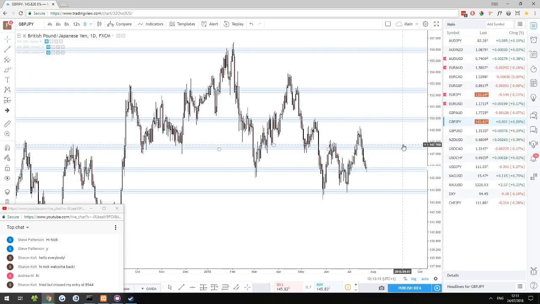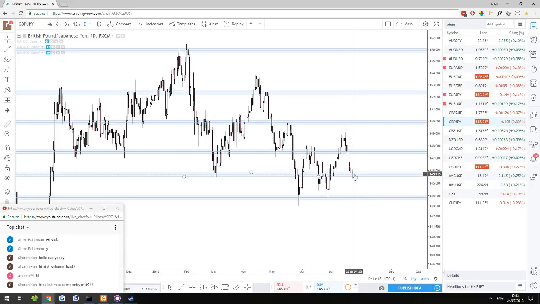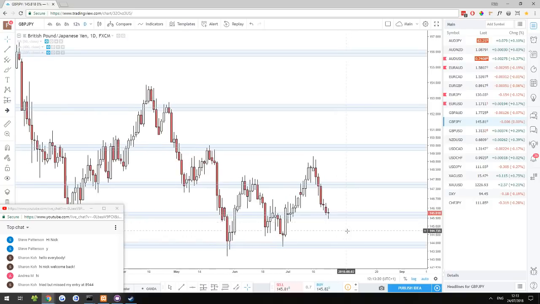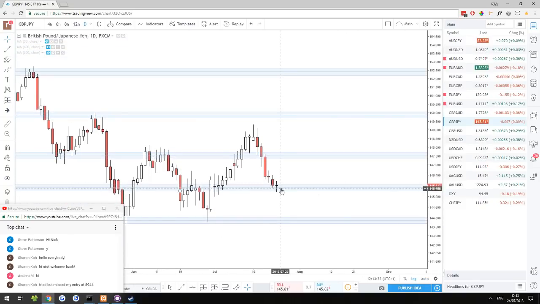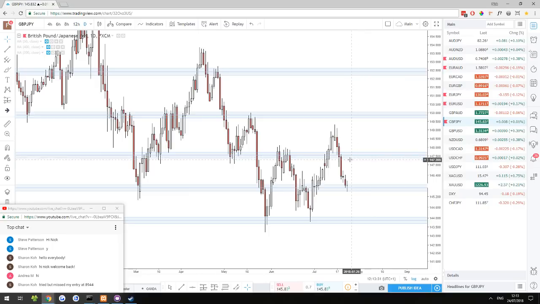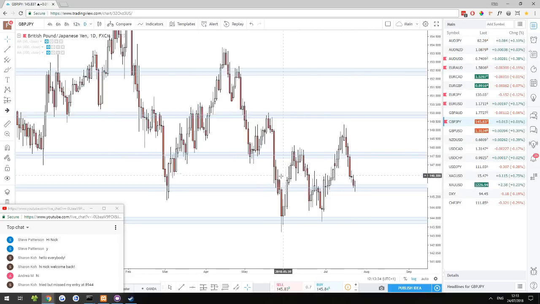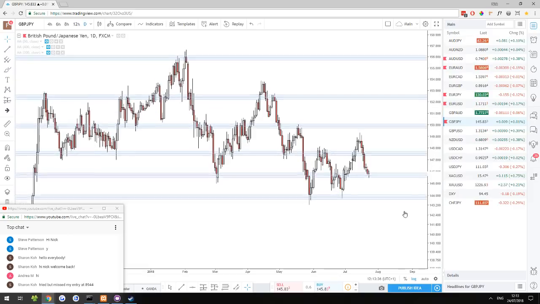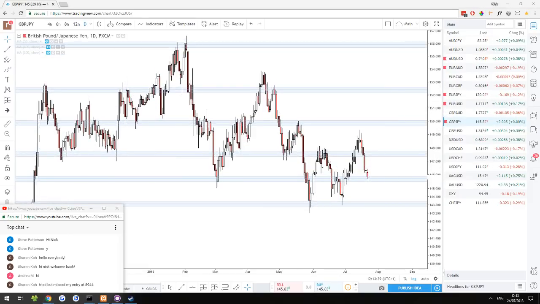GBPJPY. Maybe need to fix my support resistance areas on this one a little bit. It is stalling out on my support area though right now. Let's zoom in. I'm a bit zoomed out. It's stalling out pretty heavily on this support area. Let's keep an eye on this for a potential long trade, but I'm not that bothered with this one, to be completely honest. Thing is, I'm looking at potential trades on EURJPY and USDJPY. I'm not going to enter all three of them, so that's why I'm saying I'm not too bothered with GBPJPY. GBPJPY looks like the worst of the three.